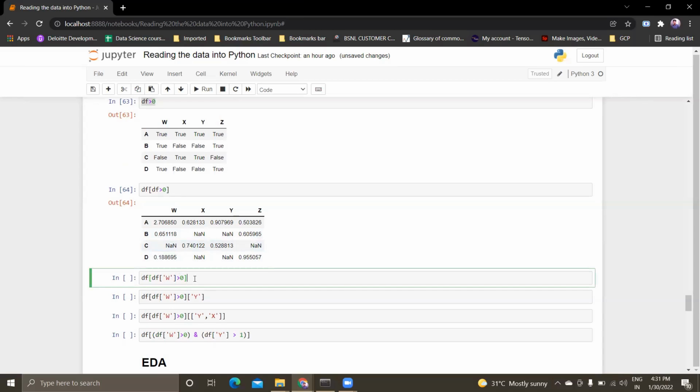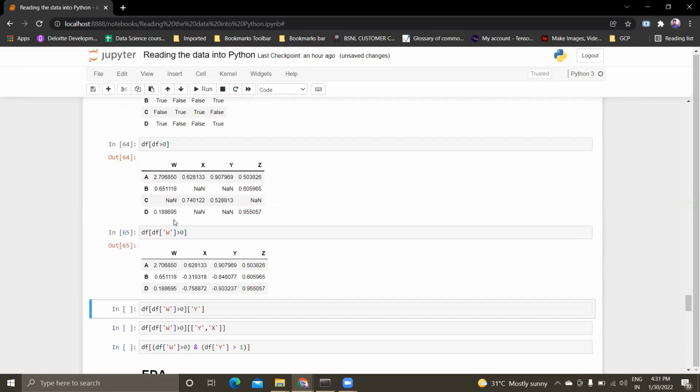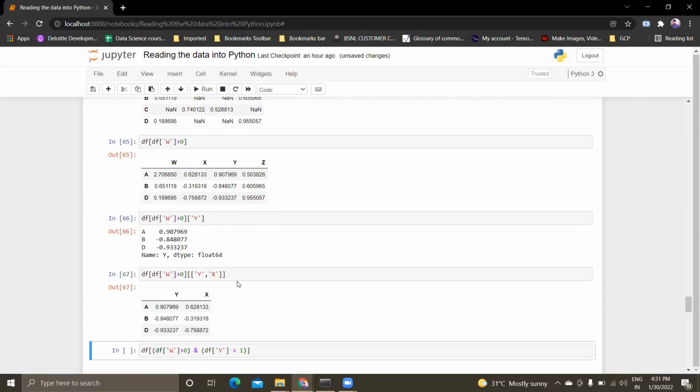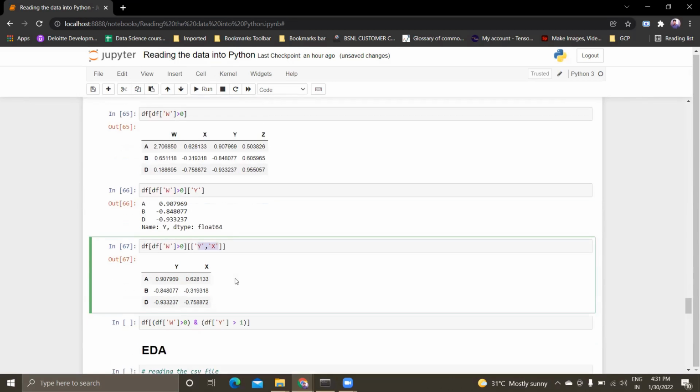And the same way we can use it across a column also. This is according to the specific column y. Same way it is specific to y and x. So basically it will take w, y, and x, and rest all the others, like it will drop z, and it will compare that value, and the value which is greater than 0, it will fetch the results of that value in the y and x columns.